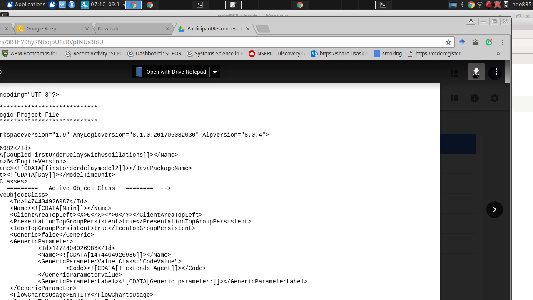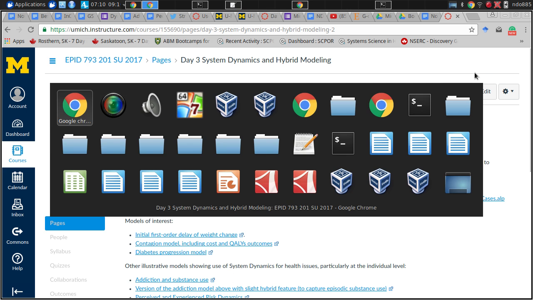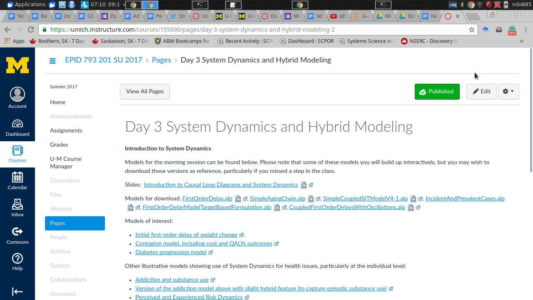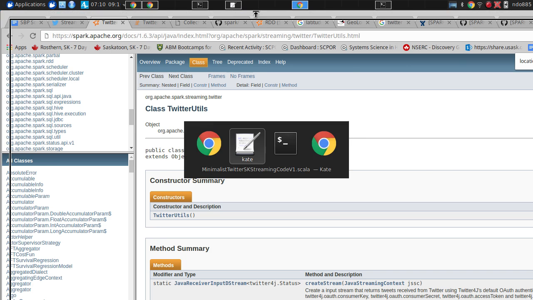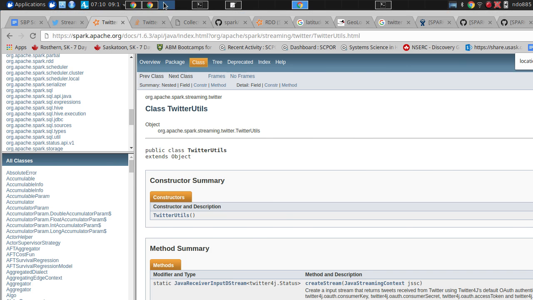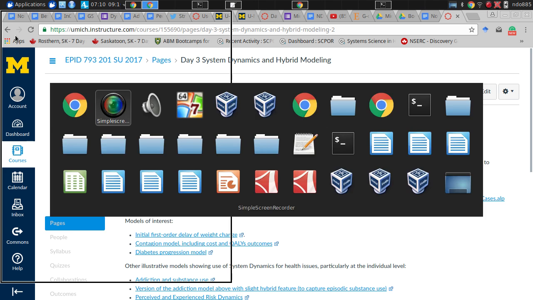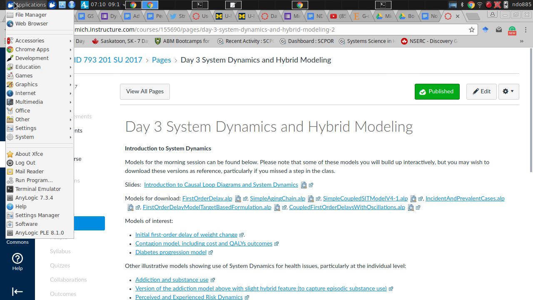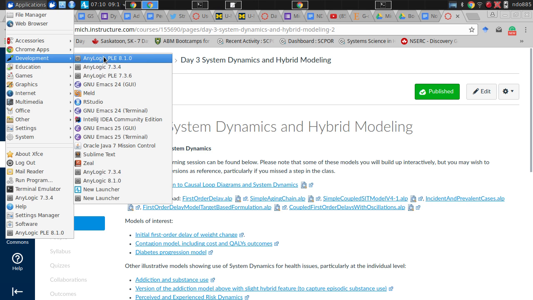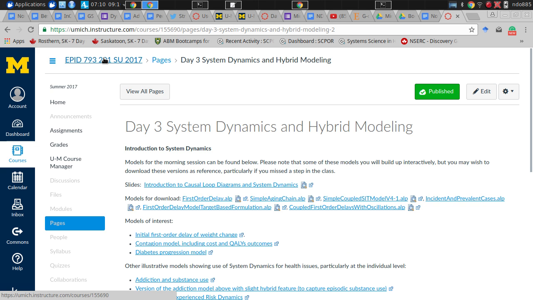Again, we won't be doing that immediately with AnyLogic, but we will do it here in maybe 15 or 20 minutes, okay? So in anticipation of that, I think I will fire up my AnyLogic here. I don't see it running anywhere, so I will fire it up and get it going. I'm going to fire up the same version that you are, version 8.10, and we'll just let that